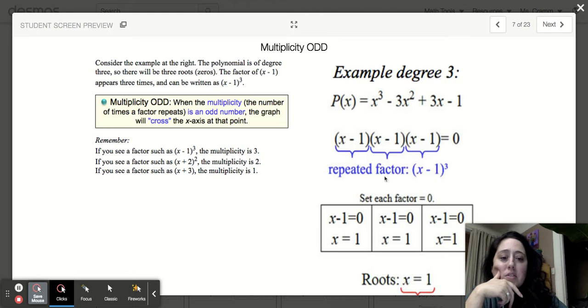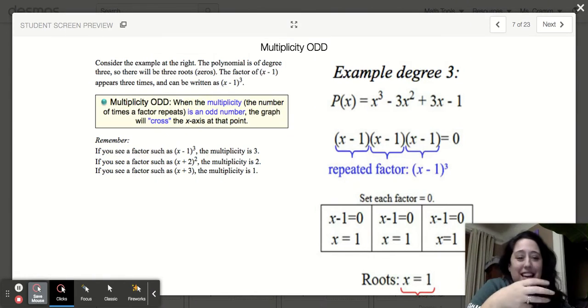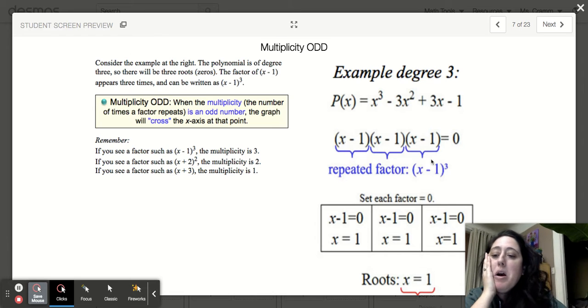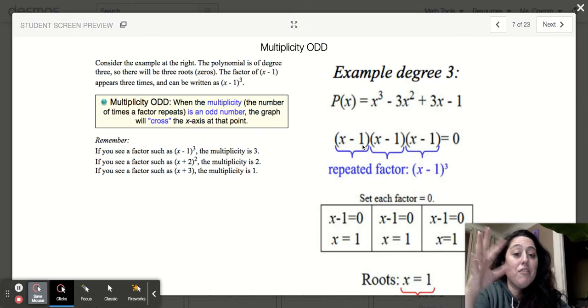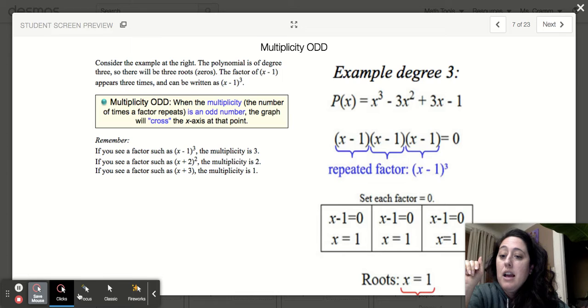Right, and these notes are similar to what I was just telling you. If it is repeated 3 times, and it could be any odd number, it could have been repeated 5 times, whatever. I would say, oh, this has a multiplicity of 3. The factor x minus 1 has a multiplicity of 3. And if I wanted to actually sketch that,